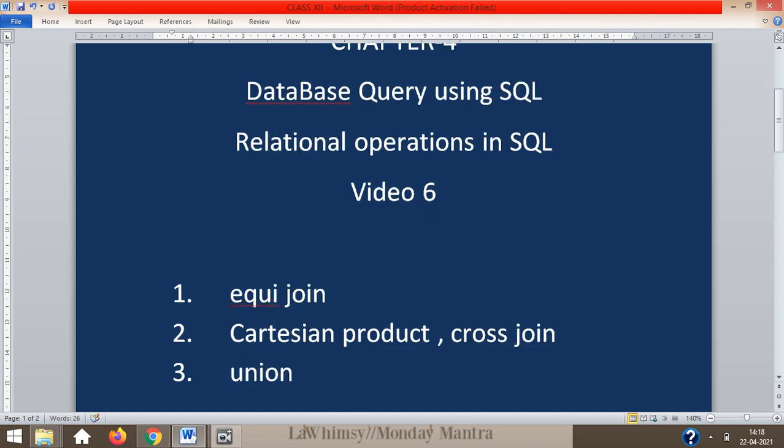And now the next one is union. Relational operations means the kind of operations which work on a relation, in a table. So all these are to be connected with two tables, or any kind of operations leading towards any of these examples should have two tables. With regard to what we are going to talk about in this session, union and other things, you will see that there is a slight change in the way we have already explained.